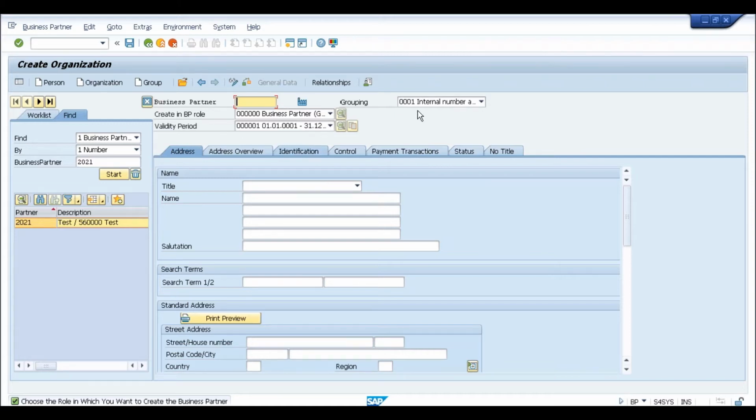But while creating 11, one distributor and 10 ship-tos, I'll be creating 11 business partners and 11 customers, and we only assign the partner functions, 10 of them to one sold-to. That's how it is, or is the role different for a ship-to versus a sold-to? No, the role is not different. The role is only one. Only the business partner grouping is different. Which grouping will I use for sold-to versus ship-to? You need to create the groupings 1:1. So for sold-to, you will be creating a separate business partner grouping, and for ship-to, again, you will be creating a separate business partner grouping.